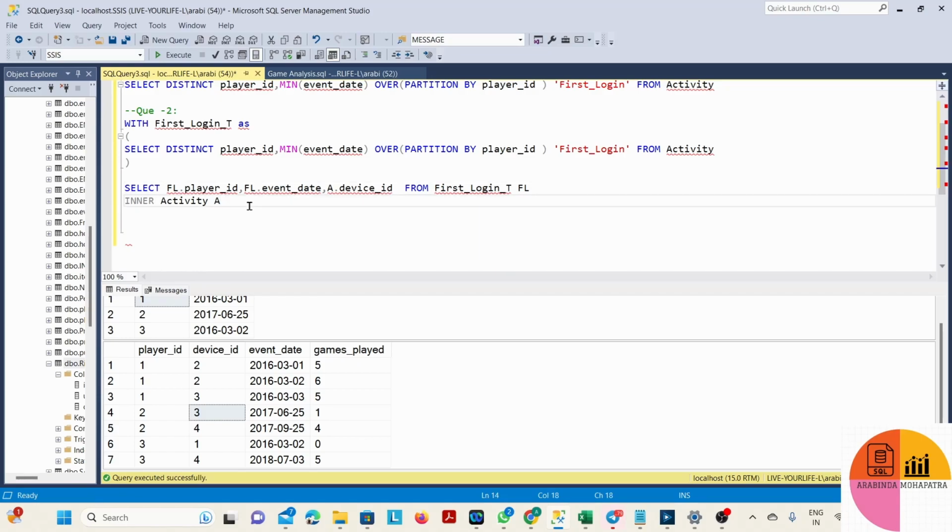From fl, inner join the original table, that is activity a, on a.player_id is equal to fl.player_id,